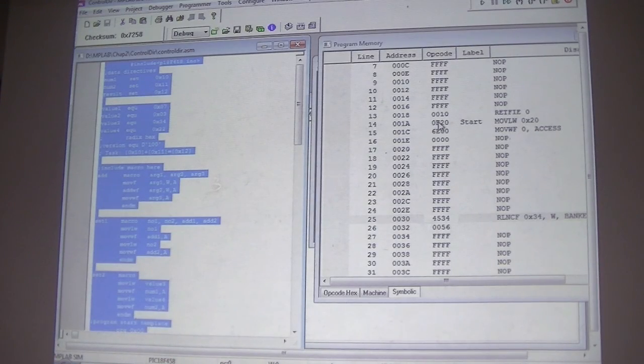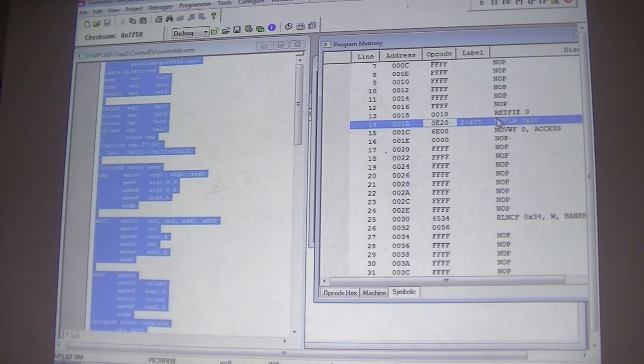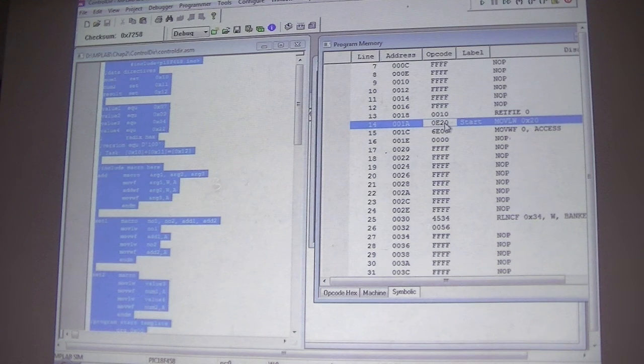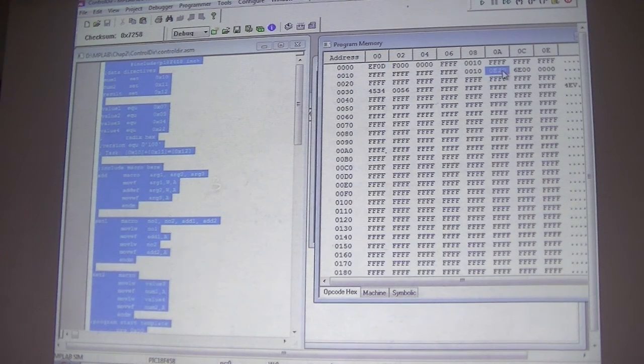doing. If you see this instruction, let's say MOVLW hex 20, the opcode for this instruction is hex 0E20. 0E20 is actually 16-bit, right? Double byte. If you see this 20 is actually the lower byte. Lower byte is actually stored at the lower address, which means this hex